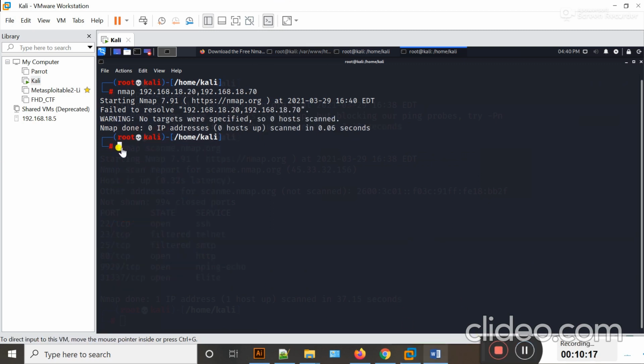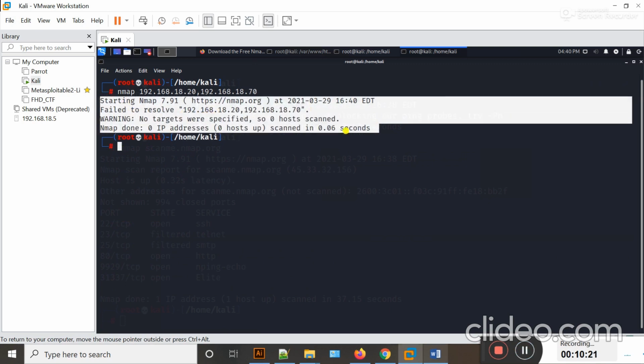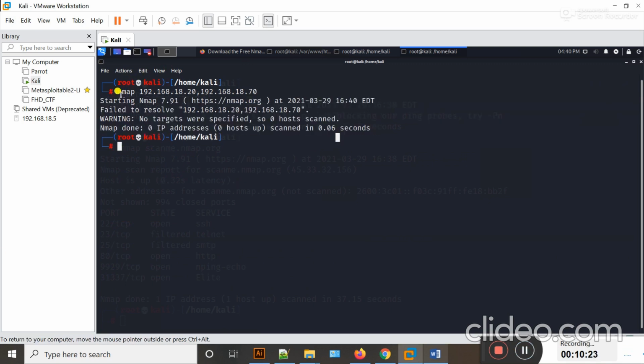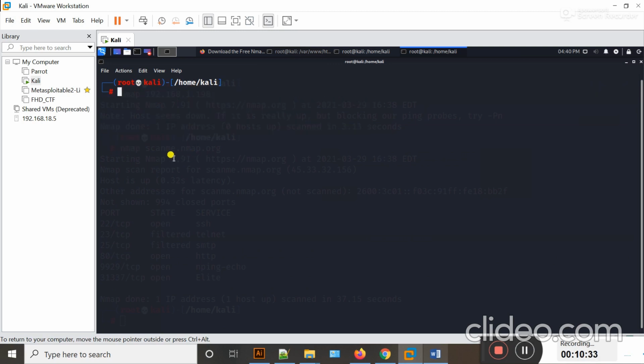Right now nmap is not showing some useful result, but the method is that, guys, if you want to scan multiple targets, you can do it by using the comma sign and provide multiple targets to scan.